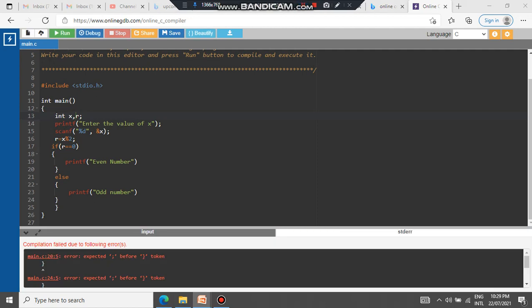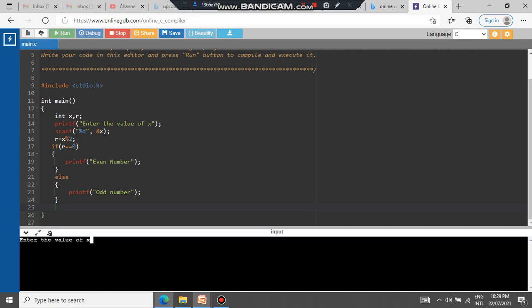There is an error: expected semicolon before closing bracket. The line number is 20. So you can go to line number 20, and before this there is a semicolon missing. So here it is missing. Again you can find that here also there is one semicolon missing. Okay, so two errors are there. Then in main, line number 26, it is saying expected identifier, opening bracket before closing this one. So I think this closing bracket is extra, so I'll remove it from here, and then let us run it. What you will find is the program has executed.